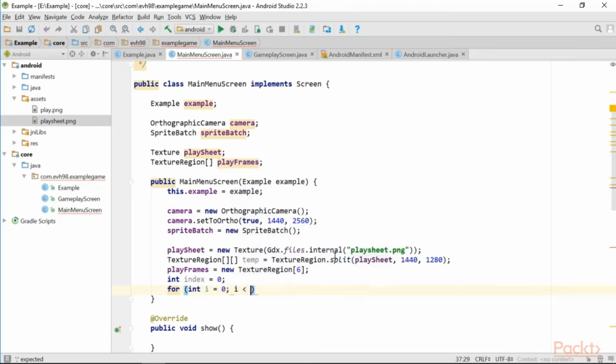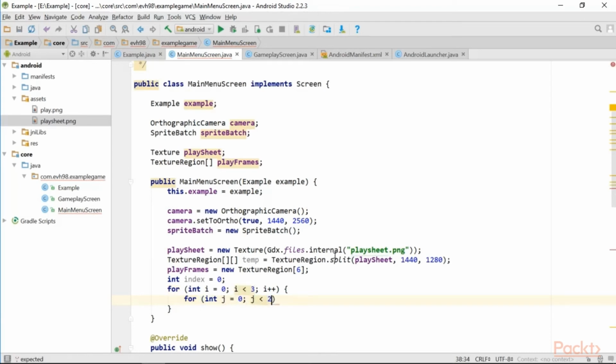So when I is less than the amount of frame rows, there's 3 rows, and increment I each time. And then another one for the vertical axes, and there's only 2 columns. Sorry, there's 2 rows and 3 columns. I'm getting myself mixed up here. And for each temporary texture region that we grab, we're first going to flip it,